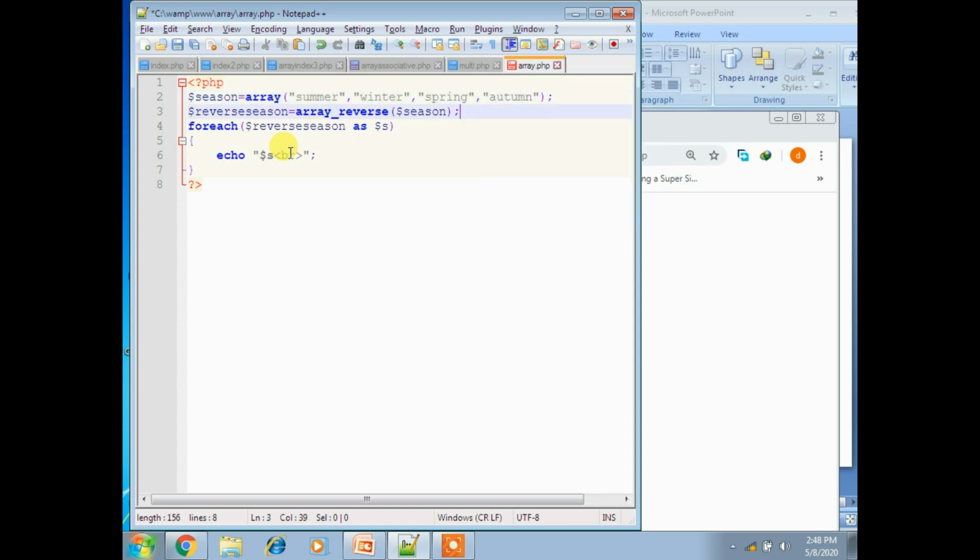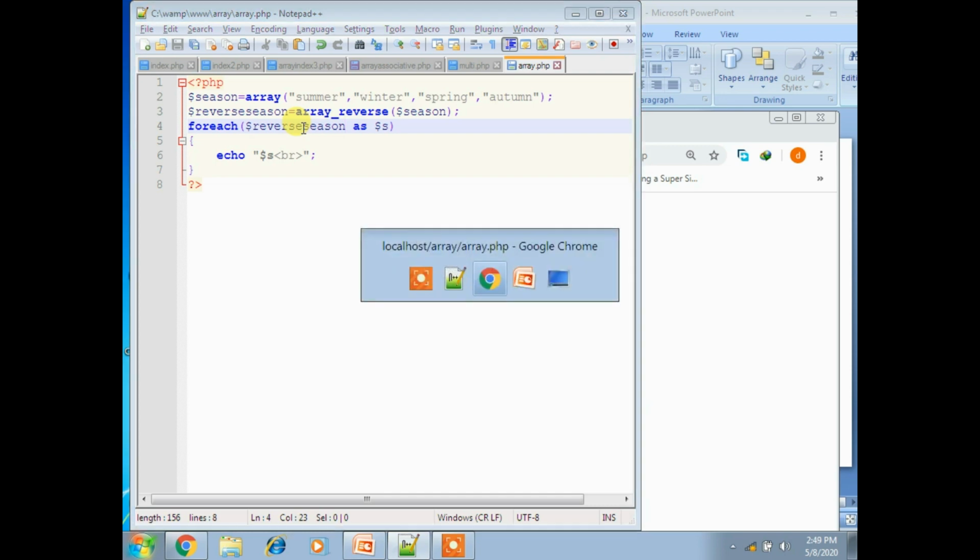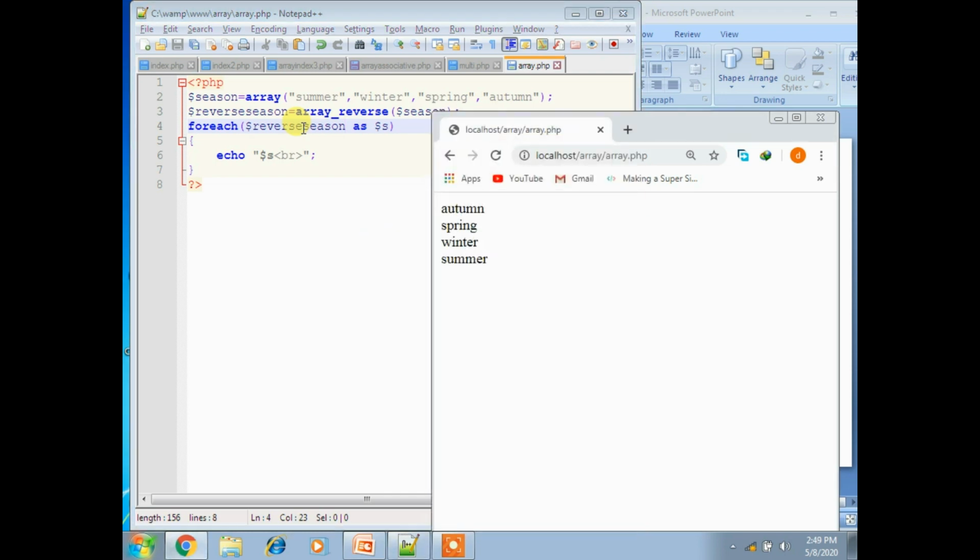Now here array reverse season equals array_reverse of season, and then foreach reverse season as yes, and then print yes. Now execute the program, and you'll get the values, which returns an array containing elements in reverse order. The last one comes first, the first one comes last, like that.